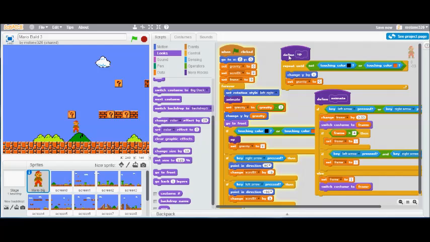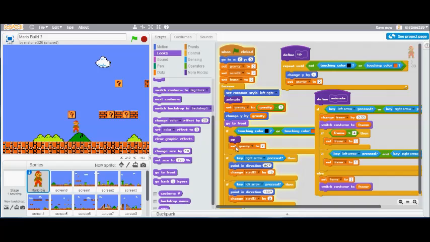We also did the define up block, which said he's to repeat until he's not touching black or brown, he's going to change Y by 1 and set the gravity to 0. So looking at that, if you go and find your if touching black or brown block, we have our original set gravity to 2, which we put in there to offset the subtraction we were doing here. Remember, these two numbers had to match in our old calculations, but now that we've made the define up block,